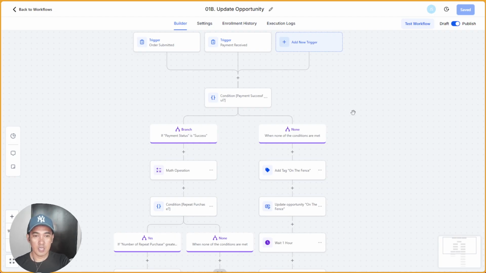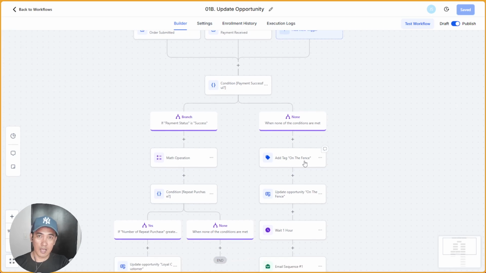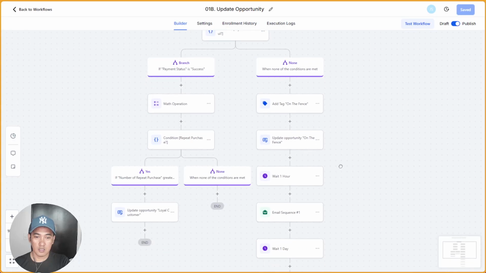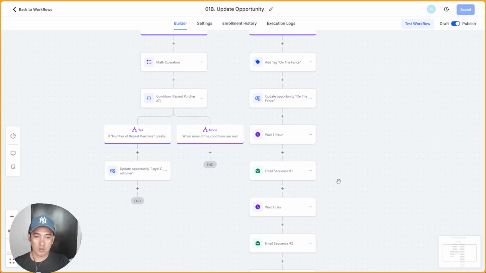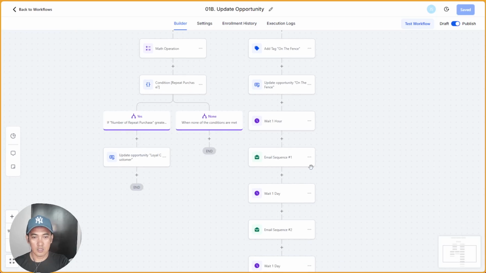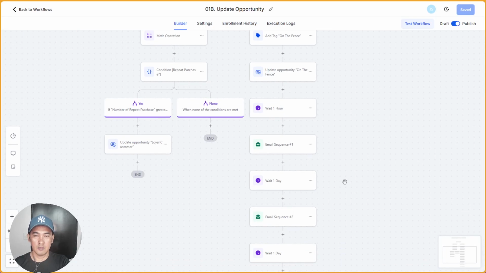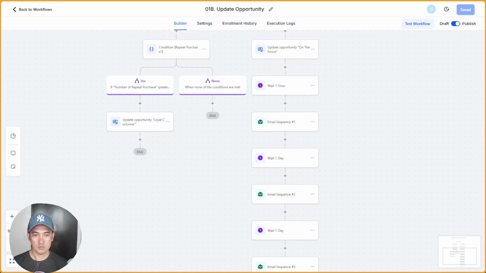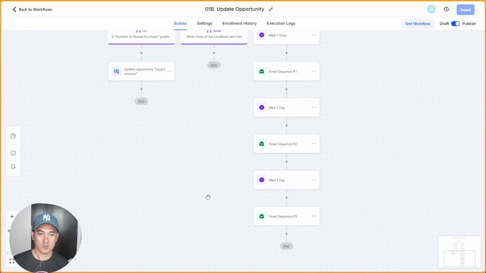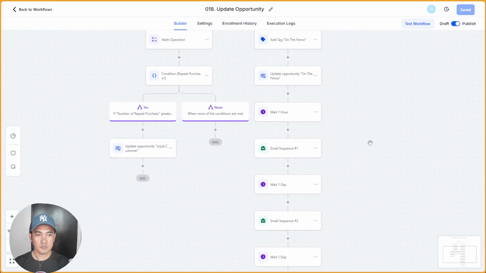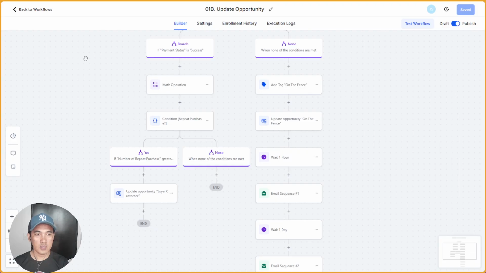If the payment is not successful, they will go to this route, which will add the tag on the fence, and then we'll send this email sequence reminding them to complete their payment process. So about 3 emails. So moving on.